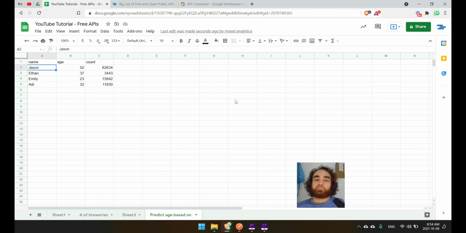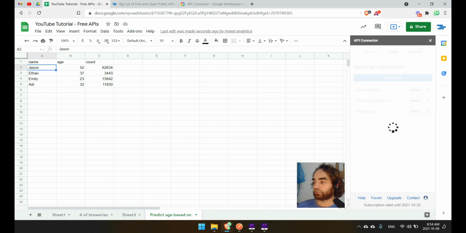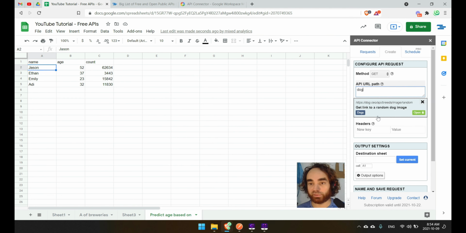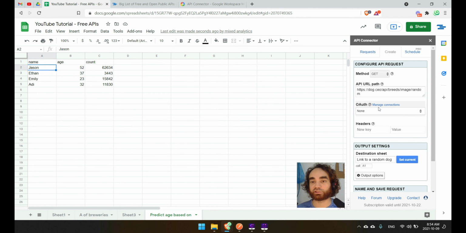The last use case I'll introduce you to is actually pulling image data. Most of the time on the internet, when an API is communicating image data back and forth, it won't actually put an image in that JSON file. It will put a link to the image, and then whatever program that you're using will digest that image and display it for your users. So let's take a look at the random dog image API, because why not? If we just type dog, we can see get link to a random dog image. So if we click on that,